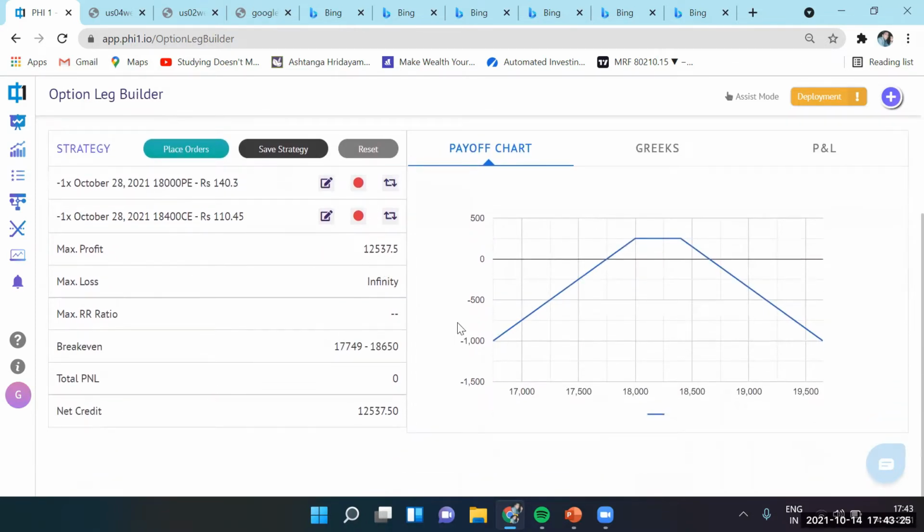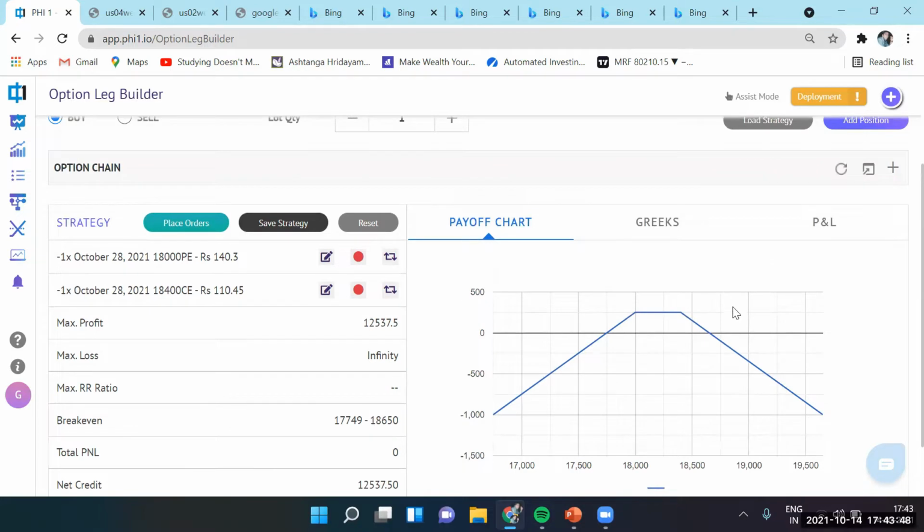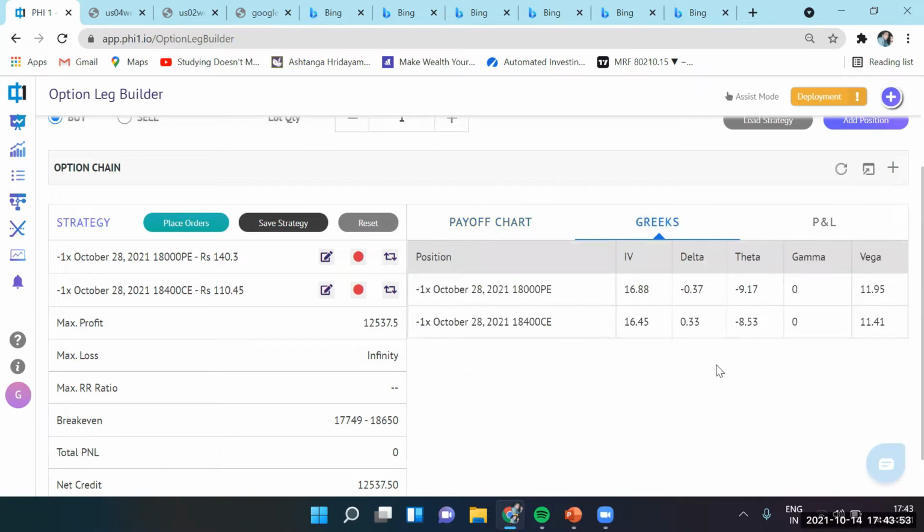You get to see, since you are selling both call and put in this case, you have a limited max profit, which is the premium that you've collected, and you have open-ended losses in this case, which can be mitigated by adding covers to it, as we will see in the iron condor and the butterfly strategy. And you know your break-even points. So you get to see your risk and reward profile completely. And finally, you can manage your Greeks. Let's say you want to adjust them on a daily basis. You can remove a position, you can change the lot size and keep it under control.